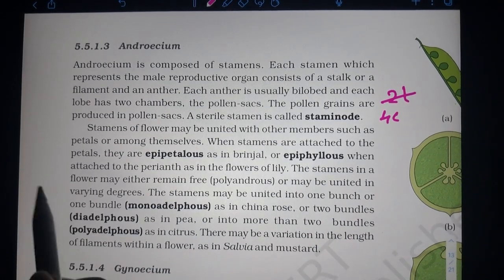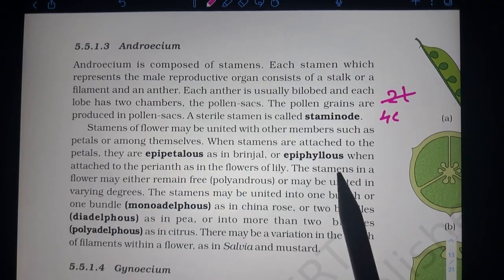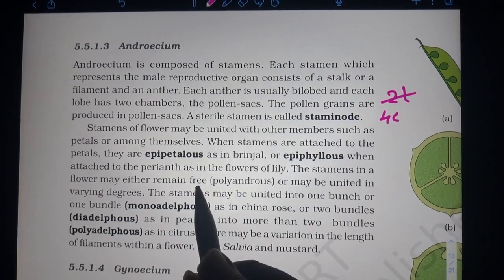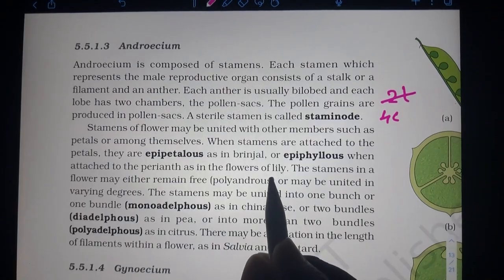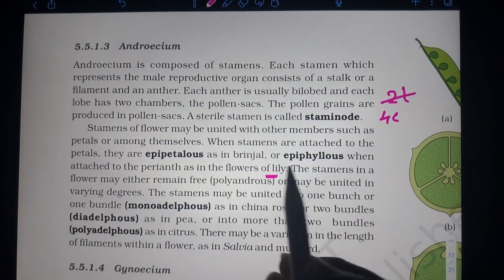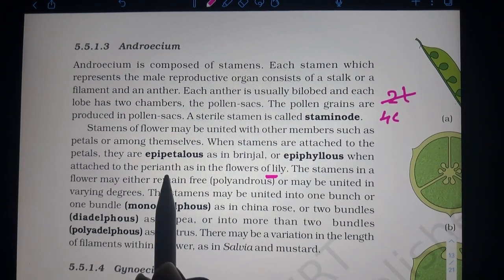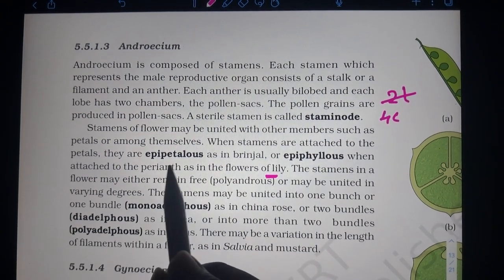Epiphyllous means when they attach to the perianth of the flower, as in the flowers of the lily. You can see in the lily flower the condition known as epiphyllous. The stamens in the lily flower are attached to the perianth, whereas coming to epipetalous, they are attached to